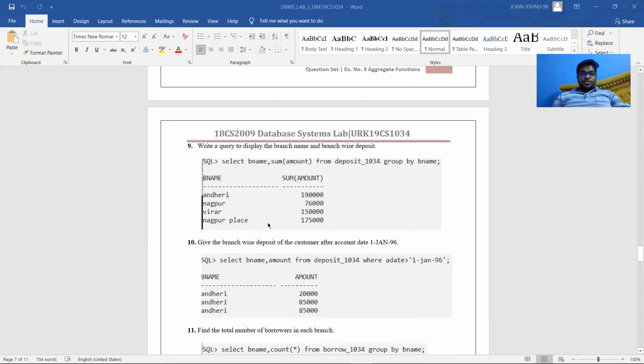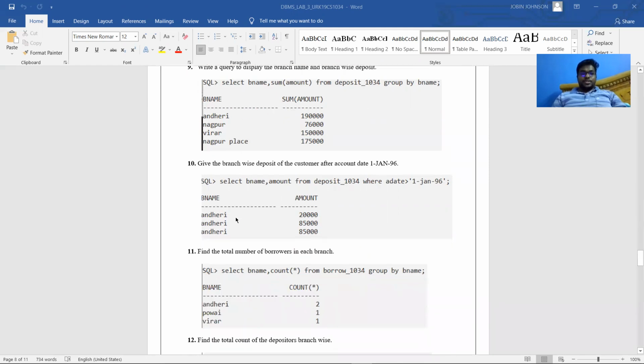The ninth question was to write a query to display the branch name and branch wise deposit. For that, you have to write the command select B name and the sum amount from deposit group by the branch name, B name. The tenth question is to give the branch wise deposit of the customer after account date 1 Jan 96. For that, the command will be select B name, amount from deposit 1034, where A date is greater than 1